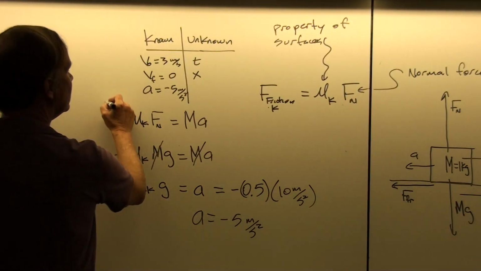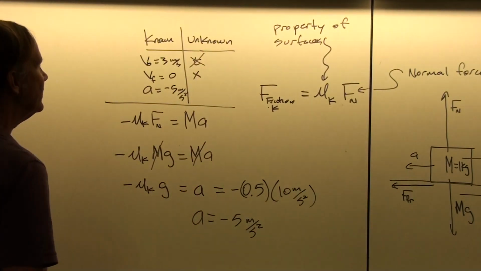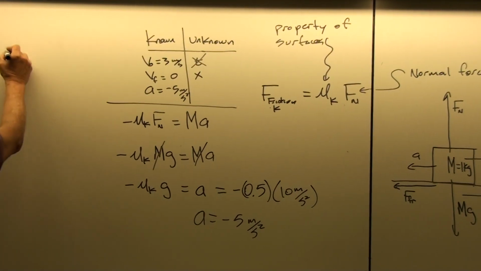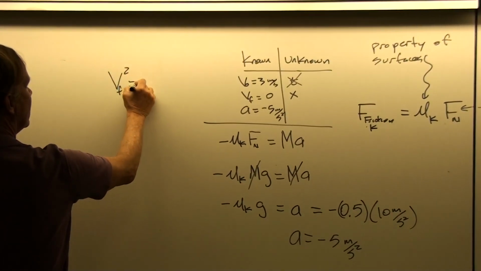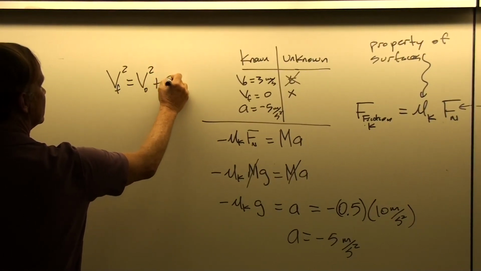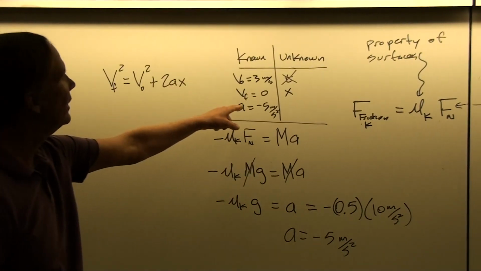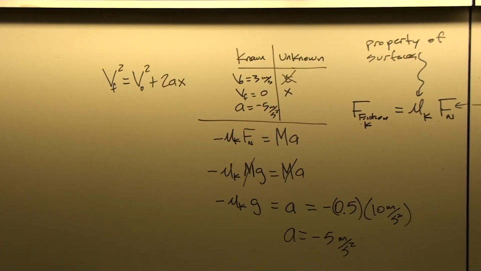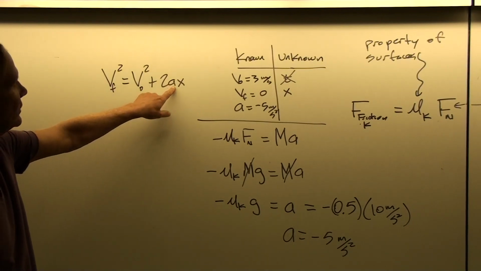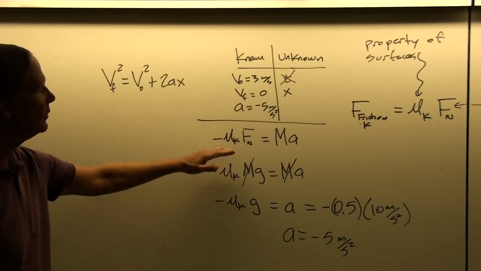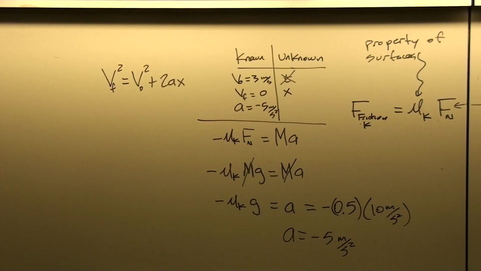And so I can eliminate then all of the kinematics equations involving the time. If you look at your list, that leaves us with v final squared equals v initial squared plus 2ax. That's enough information with what we have here to solve for the displacement of the mass. But notice that we couldn't have done it without our dynamics problem. This is the dynamics part, where we used the free body diagram to obtain an expression for the acceleration by knowing the definition of a friction force.